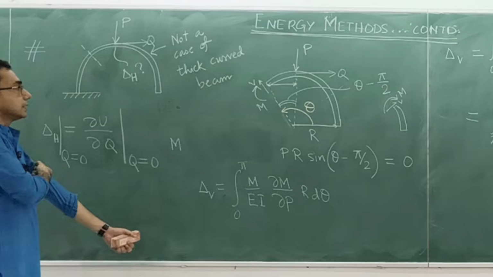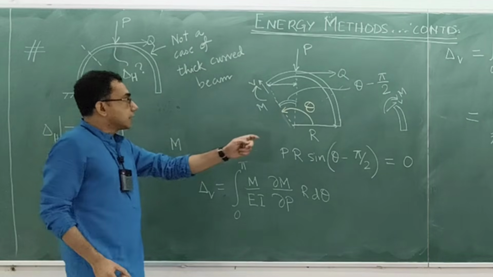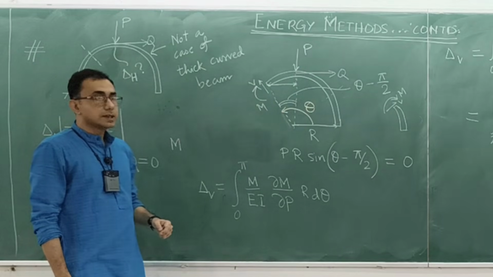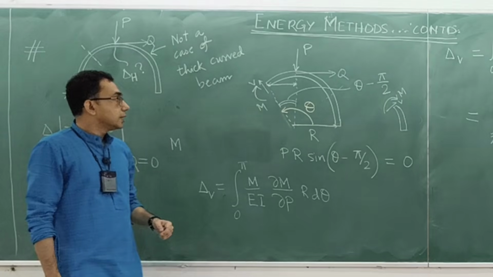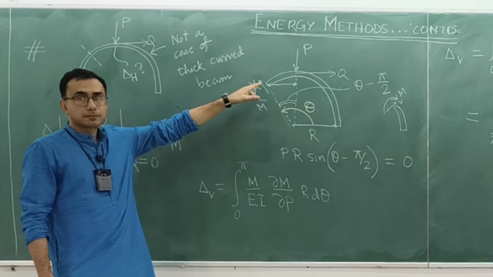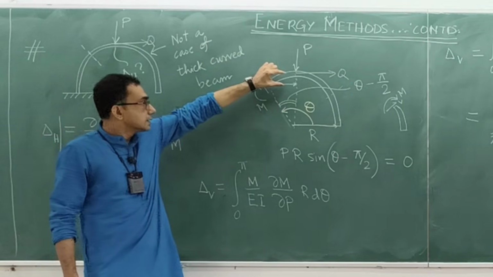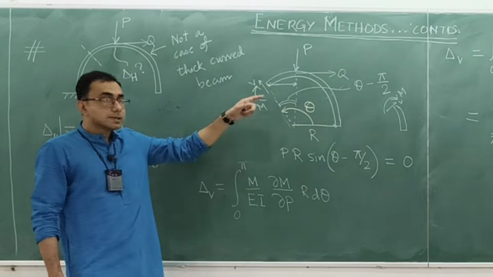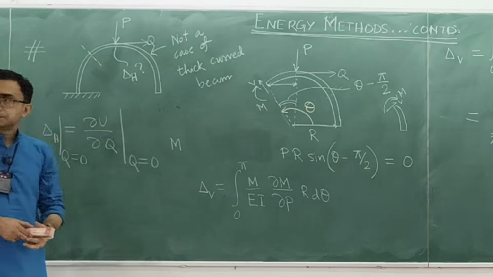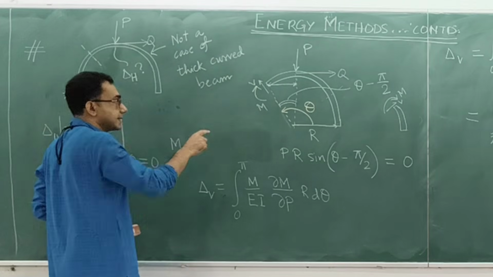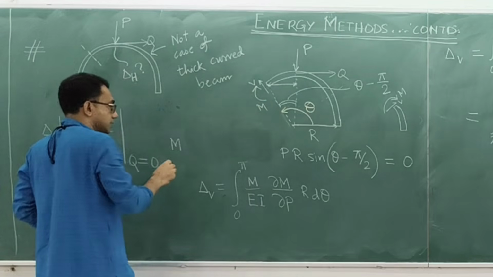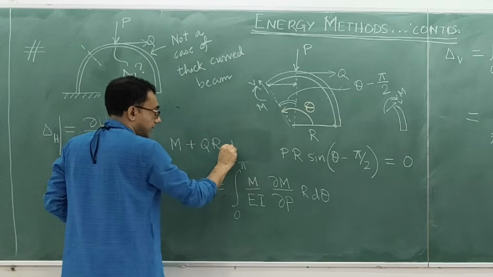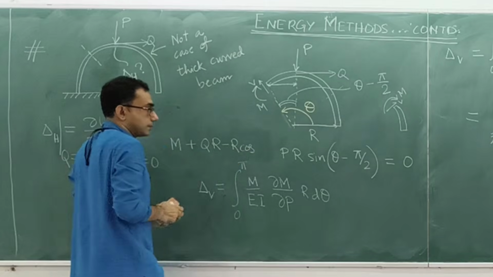M. What will be the contribution to the bending moment due to Q? First of all, you tell me what is the moment arm associated with the Q for finding out the M at this location. This is the moment arm, and what is that? R minus R cos theta minus pi by 2. Okay, and the sense is again in the clockwise direction. So this is Q R minus R cos